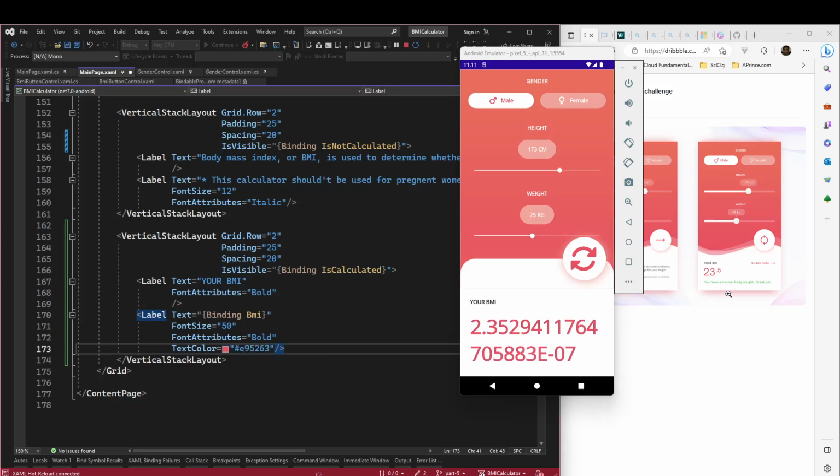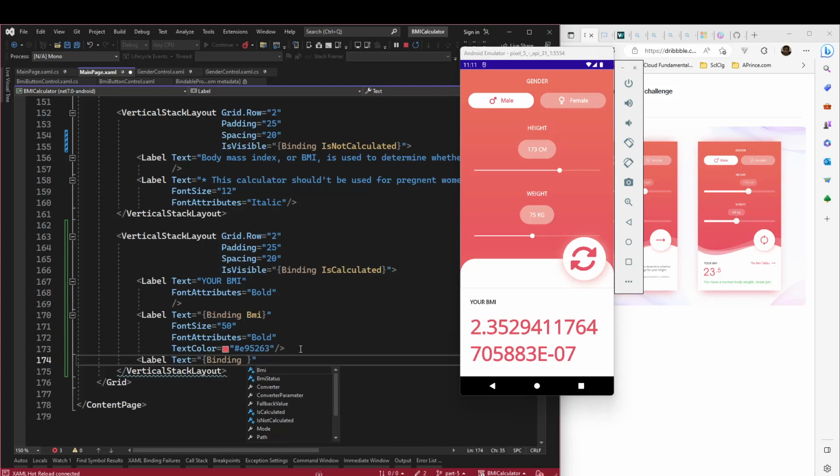Okay, and after that there should be a next label for this text, will be binding, and it should be BMI status, and for this we will show a string